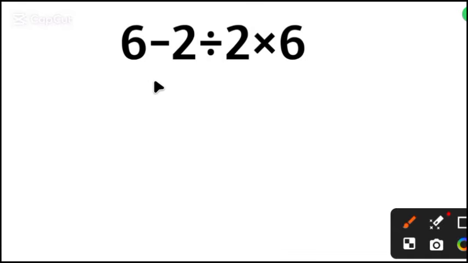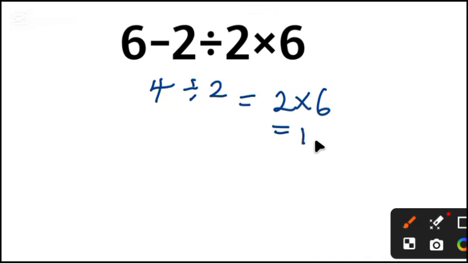6 minus 2 is 4. Divide by this 2, it will give us 2. Multiply by this 6, it will give us 12. This answer is wrong